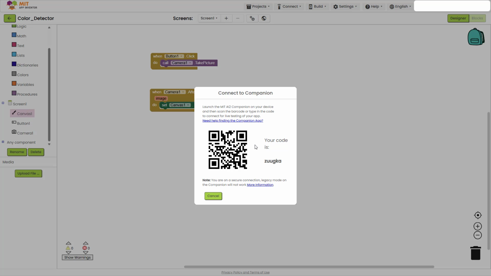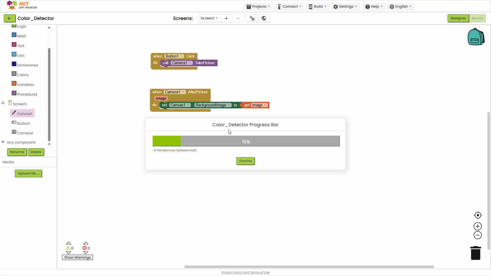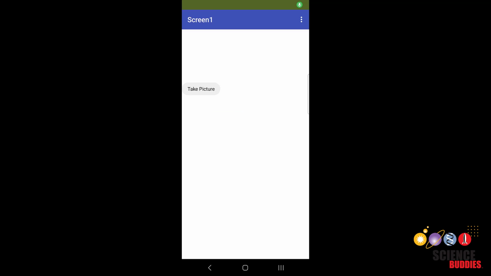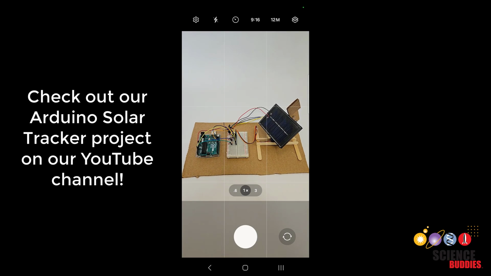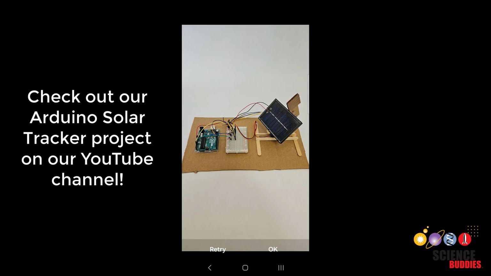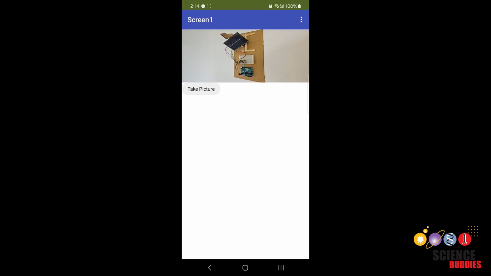Once you scan the QR code, you will see a loading screen as the app transfers to your phone. Wait for that to finish, and then you can use the app on your phone. Once the app is open, you should see a simple interface like this. Tap the Take Picture button to open your phone's camera and take a picture. Select OK, and the picture should now be displayed on the